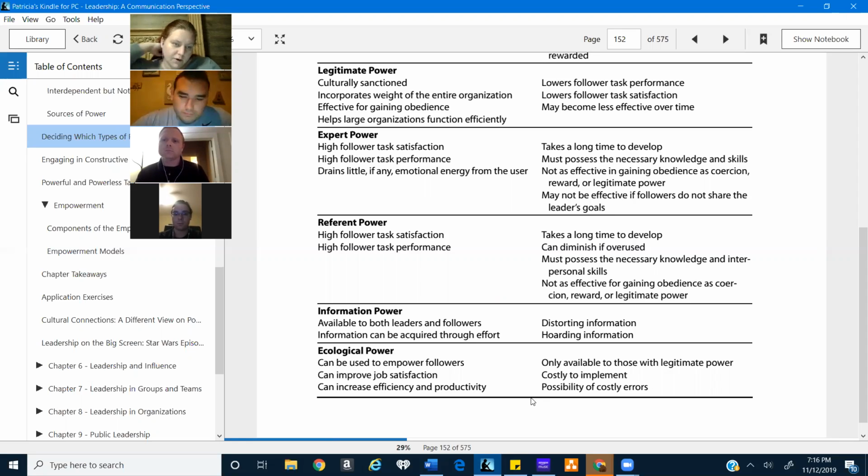Well, each team is going to rely on each other. You have to rely on one team to provide the data to the other team in order to complete the work, or to fulfill whatever they need to fulfill. So there is some informational power, and yeah, they could withhold that information, and that would be a real jerk thing to do.